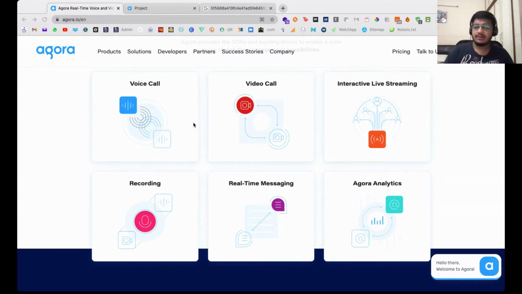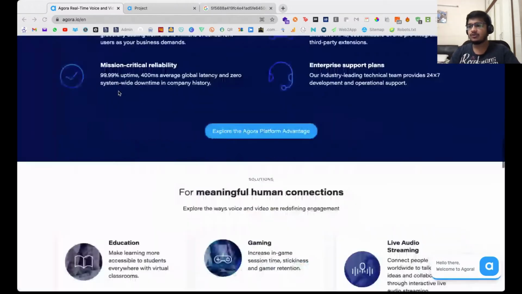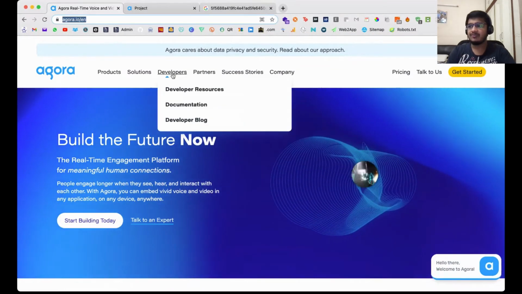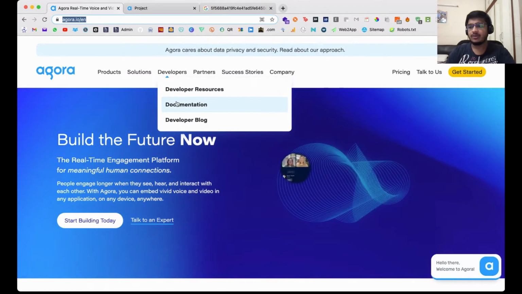So cloud recording and Agora Analytics are very special because they support REST APIs as well. You can use their REST APIs and work with them. But the rest have SDKs which can help you out. So in order to do that, just click on developers and you'll see documentation.